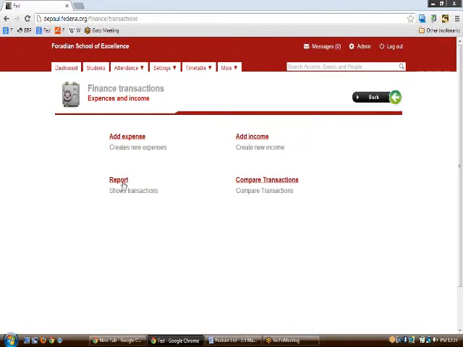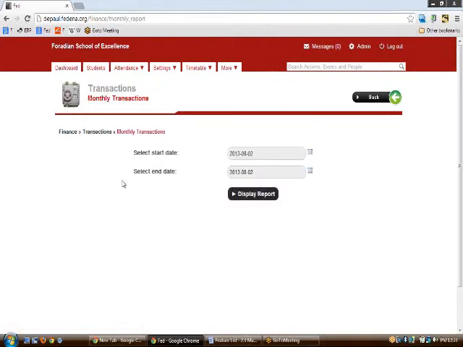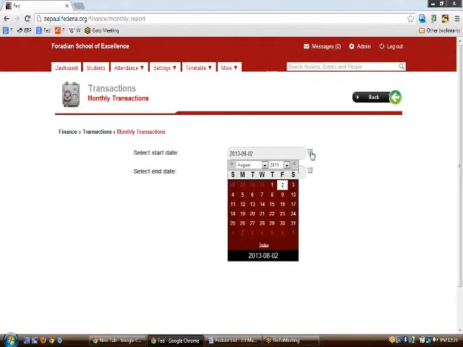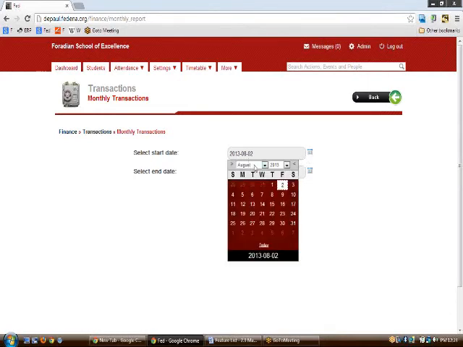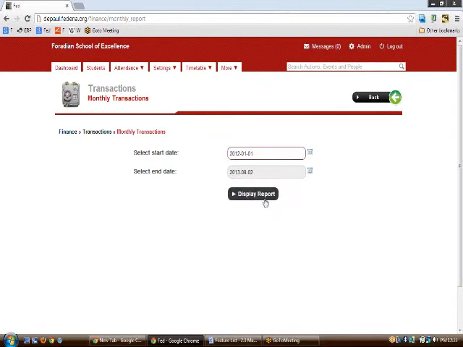Then if you want to see the report of a particular transaction from one period to another period, where the transactions involve all the expenses and the incomes, you can do so by clicking on this particular date. Let us say that you want to see the transactions from January 2012 till today.